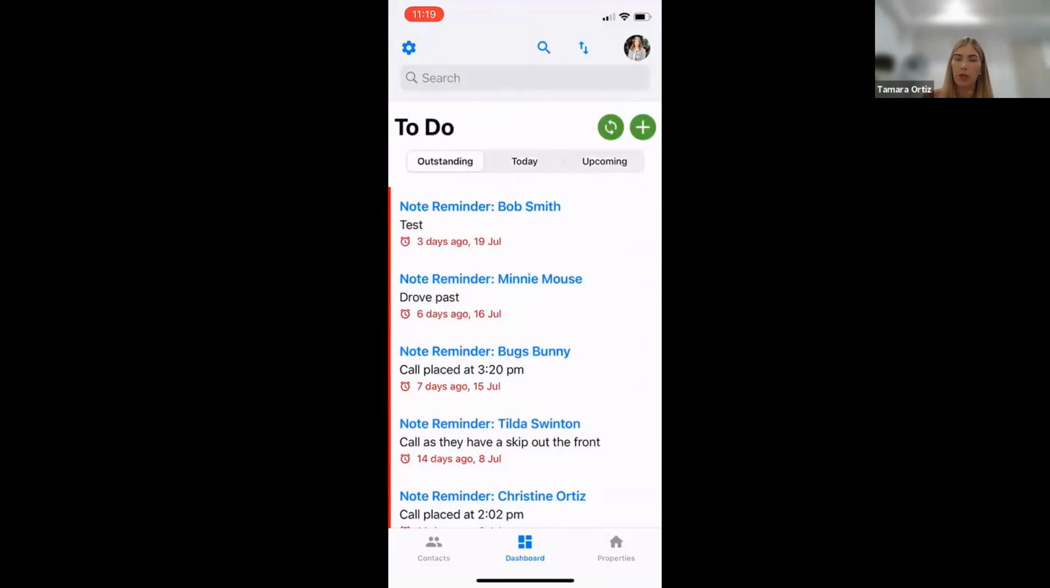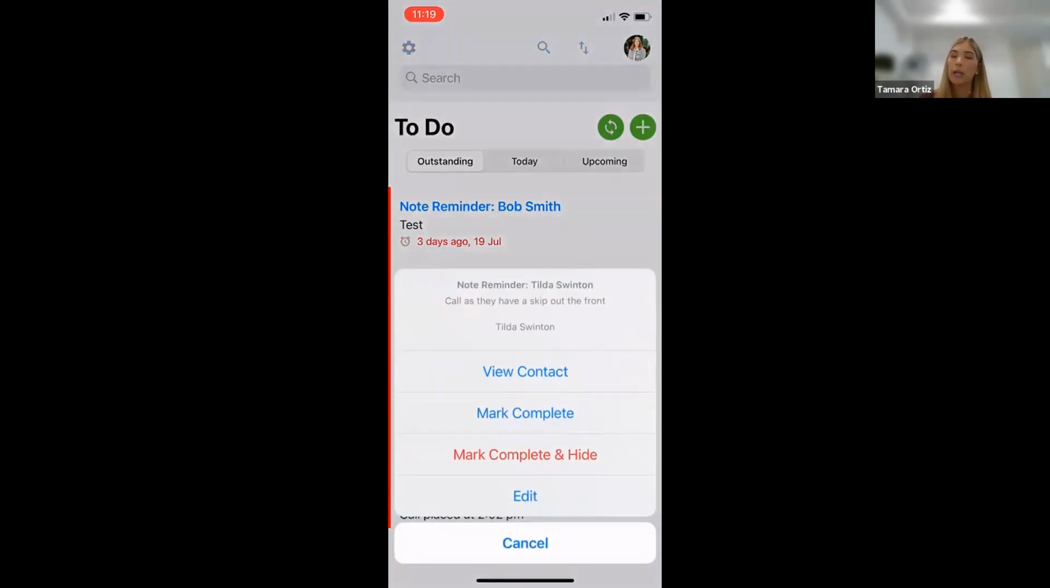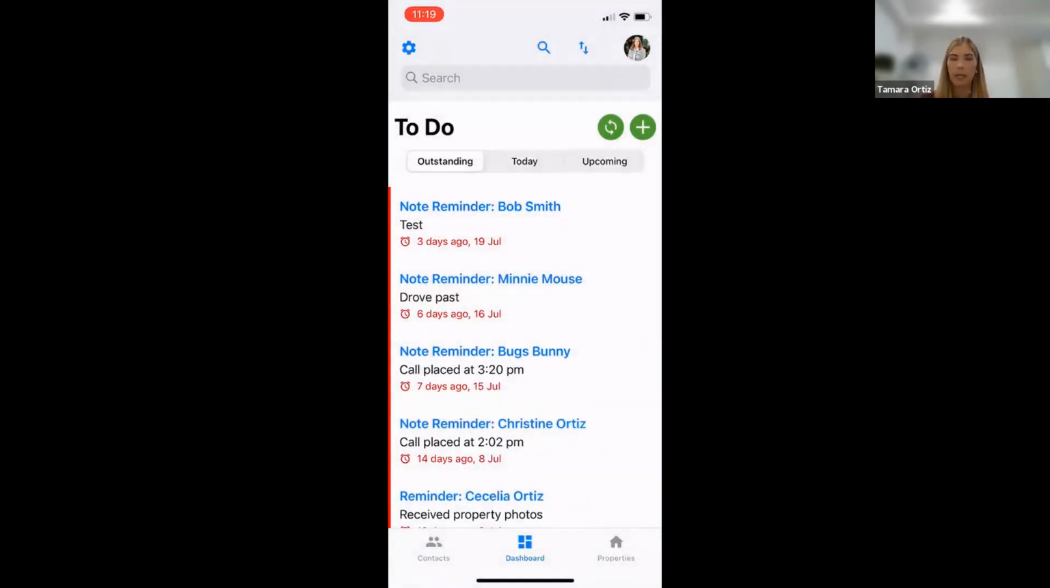But what I want to do now is jump back out and complete that task that I've already done. So I'll click on Tilda there like I just did, and I'm going to say mark complete and hide. And you can see now that's dropped out of my list. So that's how you can complete tasks on the fly, how you can call people. The SMS functionality works very similarly. So with the SMS functionality,